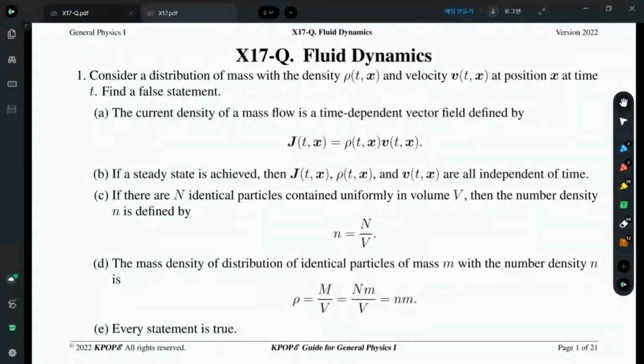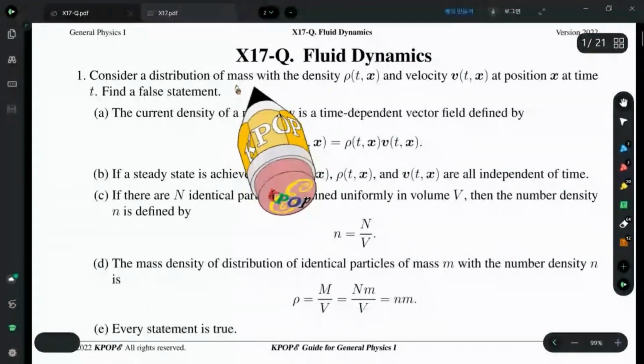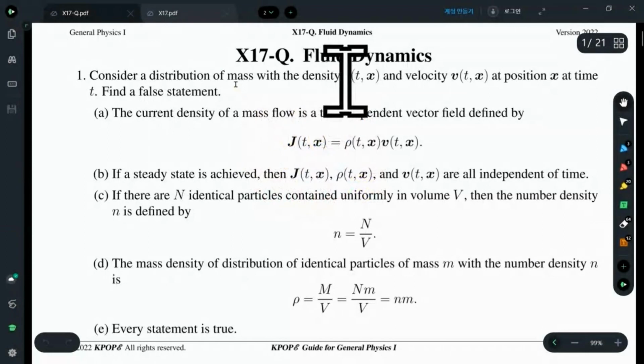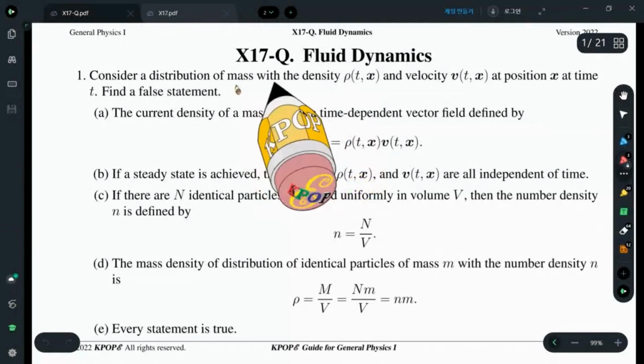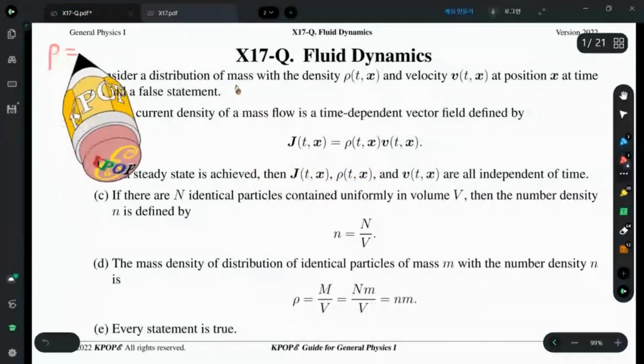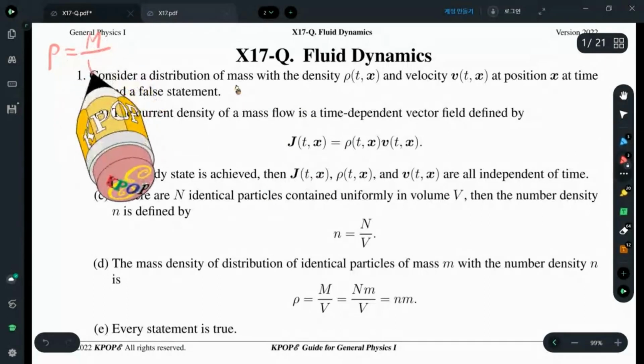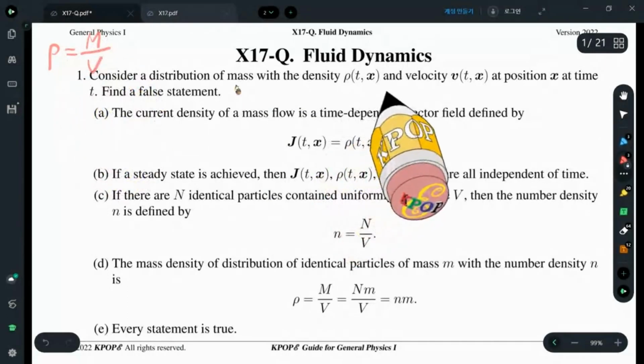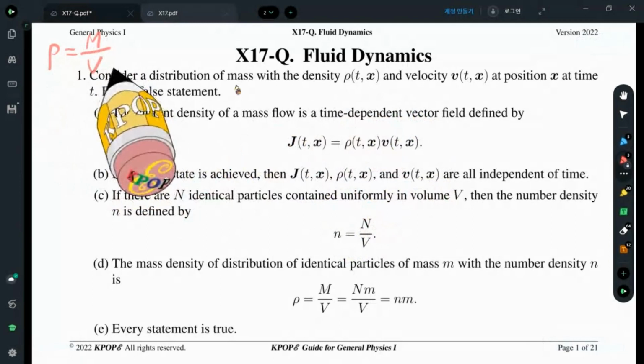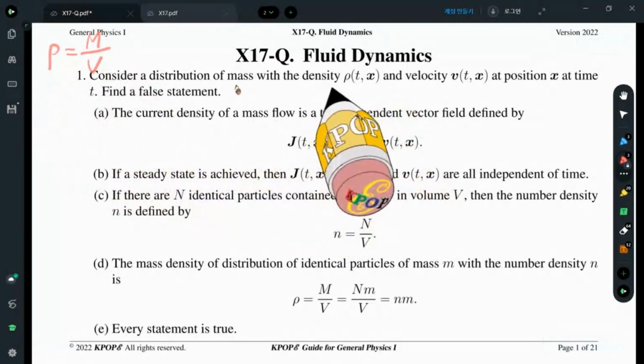Number 17, fluid dynamics. Consider a distribution of mass with density. Density rho is mass over volume. And this density is